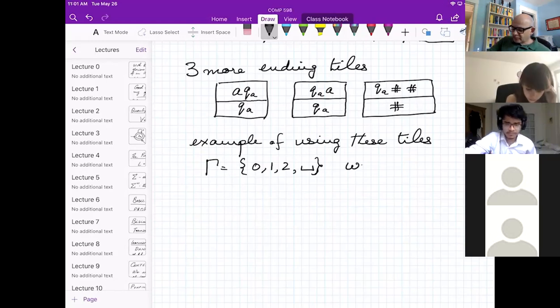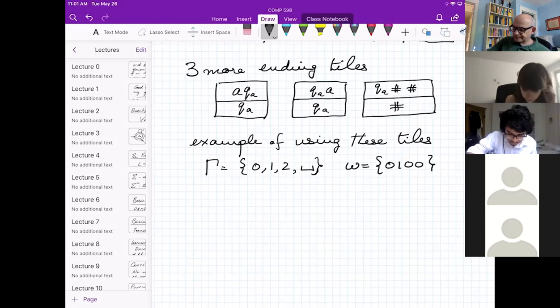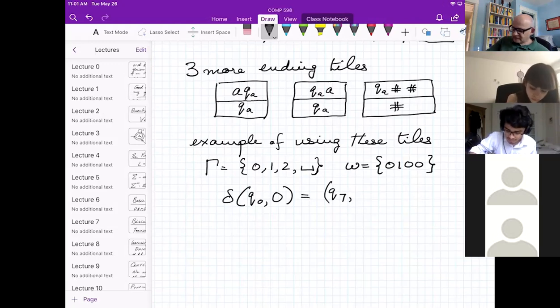Let's say the word we start out with looks like this, 0100. Okay, let's say the first transition relevant in this case, it's reading the leftmost symbol, so it's going to be looking at 0, and it's going to be in the start state Q0. And let's say the transition said, go to Q7, erase the 0 and write the symbol 2, where the 0 used to be, and move 1 step to the right. Okay, so supposing that's the rule, that's the word, that's the alphabet.